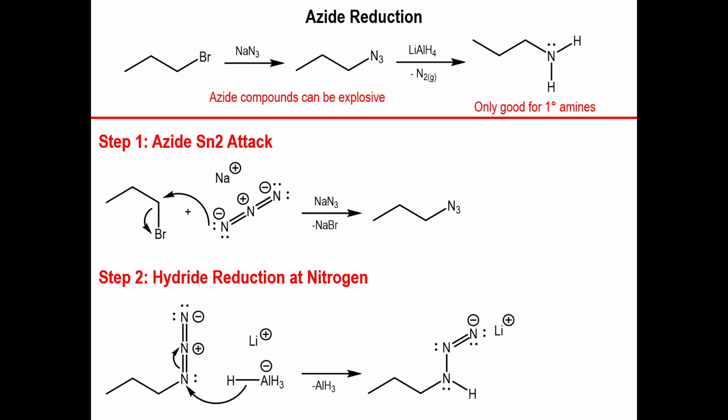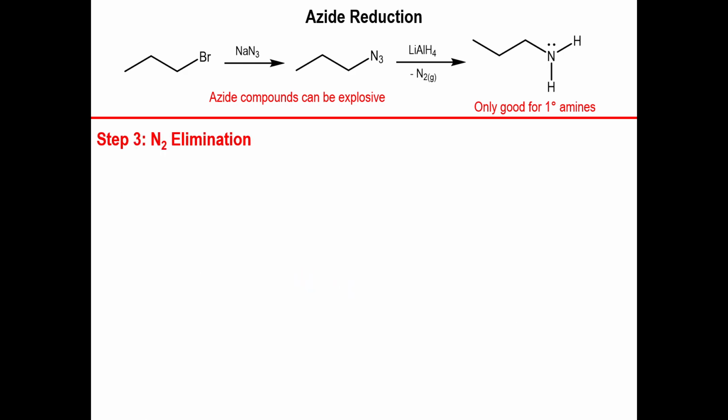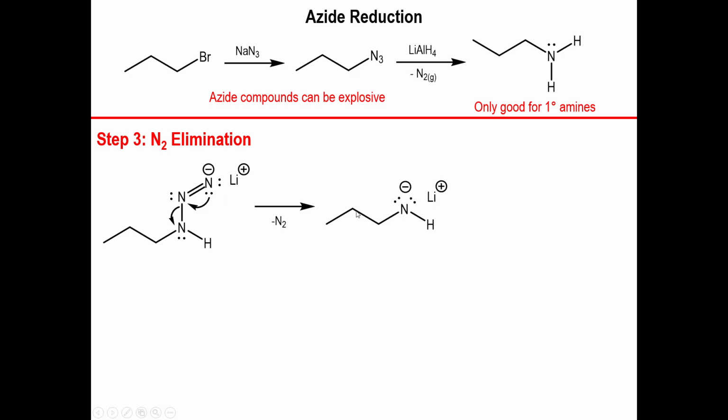So what happens now is that you do one more event. This time around, if you look carefully enough, what you wouldn't realize is that the terminal nitrogen sure does have those two lone pairs, but the nitrogen on the left side has one lone pair. And technically speaking, if the terminal nitrogen brings in its electrons towards the central nitrogen, and we simply break the nitrogen-nitrogen single bond from the left portion of the azide side component, what we're left with is dinitrogen